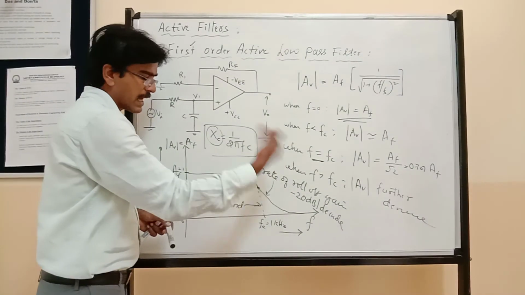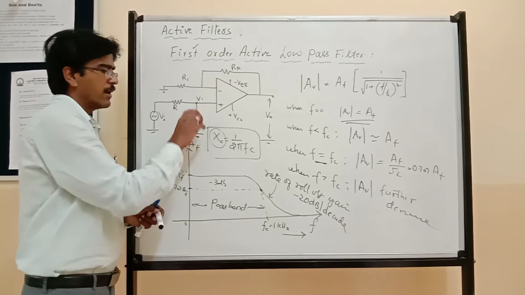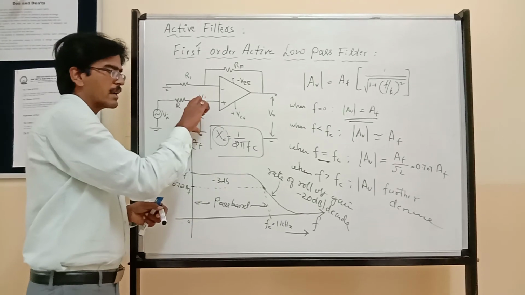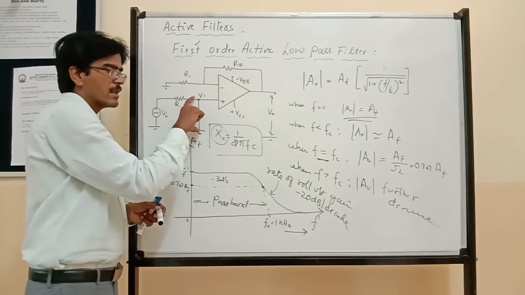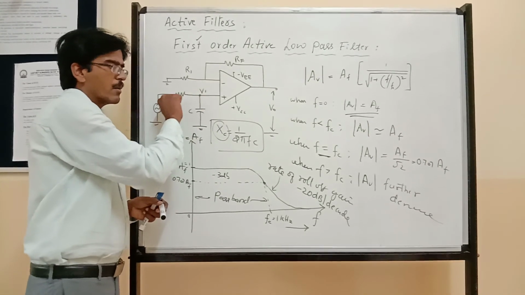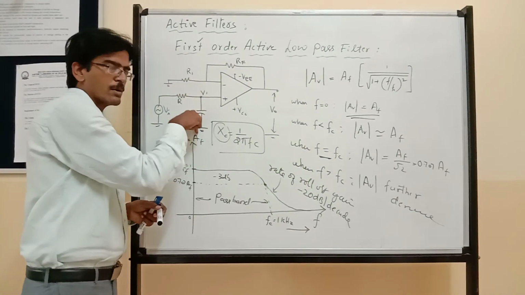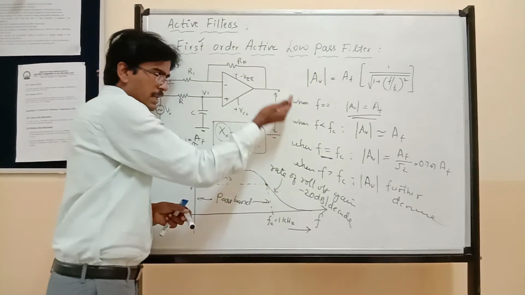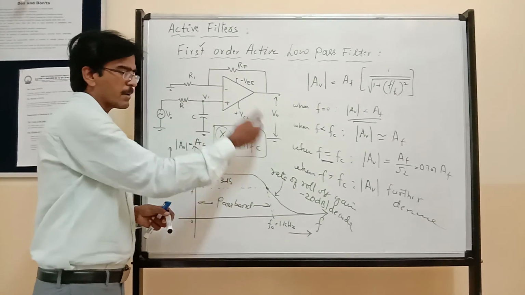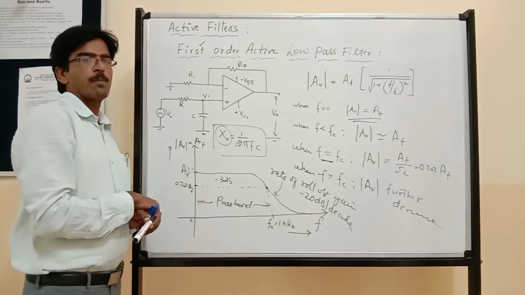When the frequency is higher, that is above Fc, reactance is very low. As the frequency increases, reactance decreases. As the reactance decreases, this capacitor starts moving towards a short circuit. As it moves towards short circuit, most of the signal passes towards the ground. When the signal passes through the ground, those signals are not available at the output, which means it starts rejecting the signals. That is practically what is going to happen by the RC network, that is low pass filtering.